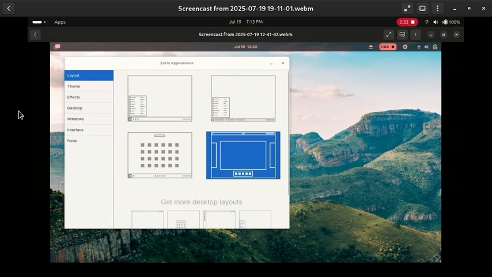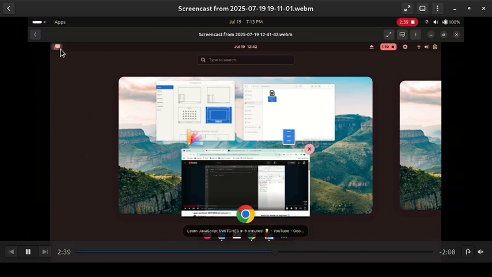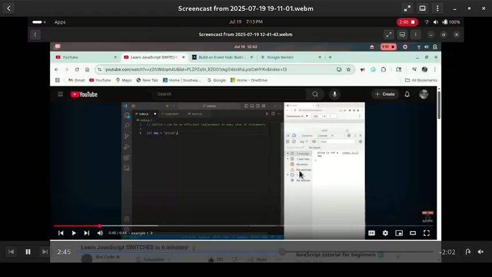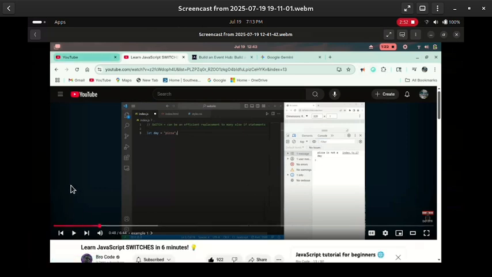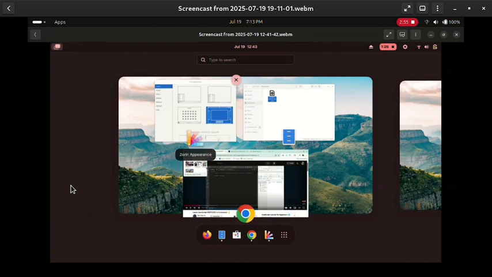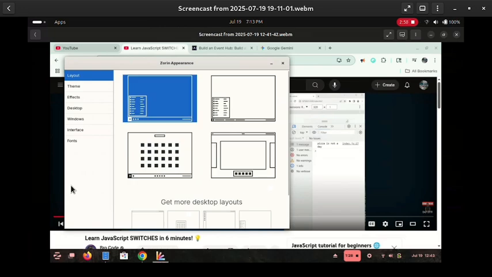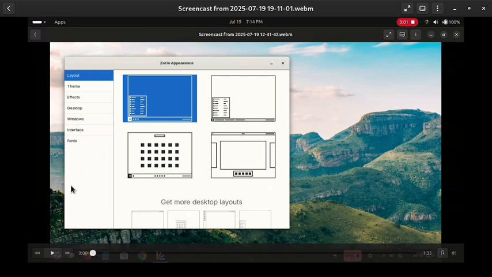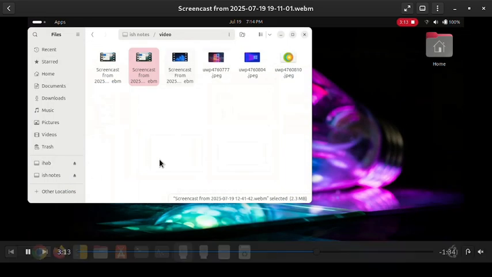here's the other one, and as you can tell, there is no dock. The only thing left is you have to click here to go back and to see, and then you can click to the menu, which is not very convenient, especially if you use a mouse. You can do it better with a keyboard if you use the keyboard shortcuts, but most people, including myself, when I install Debian, I go and install the extension. So let's go back to the old one, and let's look at another cool distro,